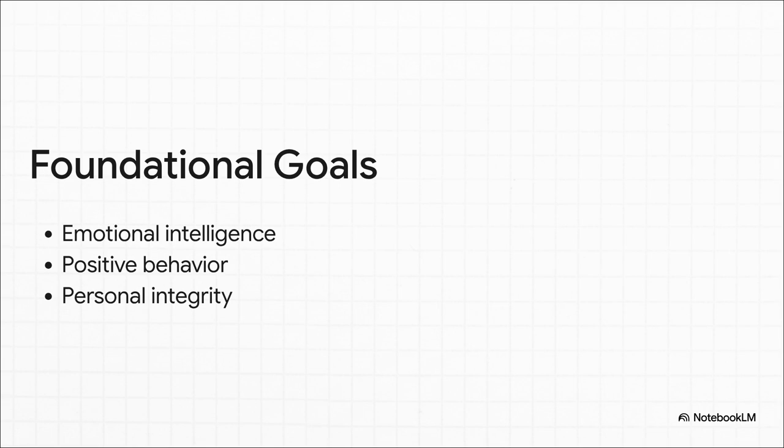So this foundational guide focuses on 3 really key goals to help us build that: fostering emotional intelligence, promoting positive behavior, and maintaining personal integrity. It's essentially an invitation for active reflection. I want you to think about your own everyday screen time for a second. How do your digital actions align with who you actually are? This framework acts as a blueprint, kind of like a roadmap, for making sure our online presence is something we can genuinely be proud of.